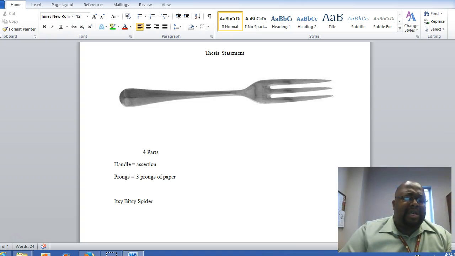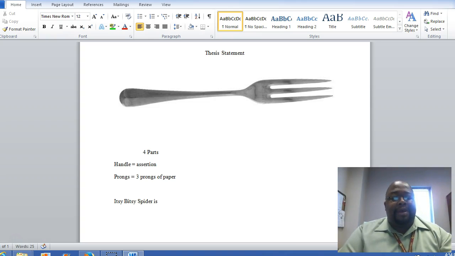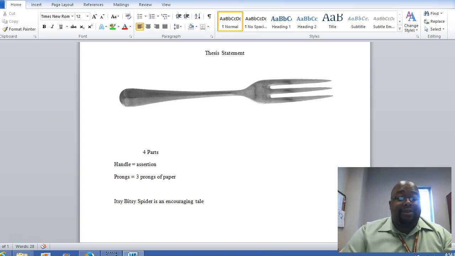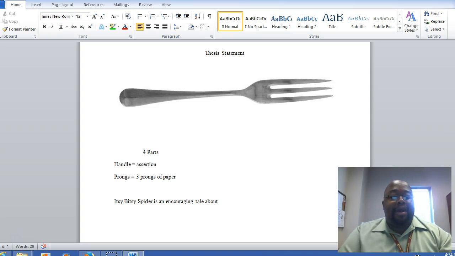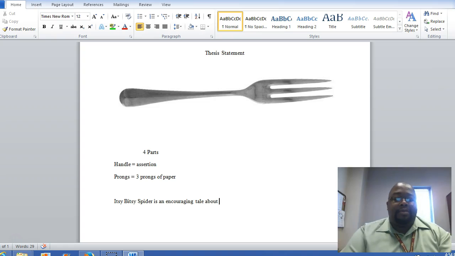Now I want to say the itsy bitsy spider is an encouraging tale. This is my assertion. You could use a because statement right here, but I'm going to use about for this example. And now I'm going to put my prongs. So, Itsy Bitsy Spider is an encouraging tale about